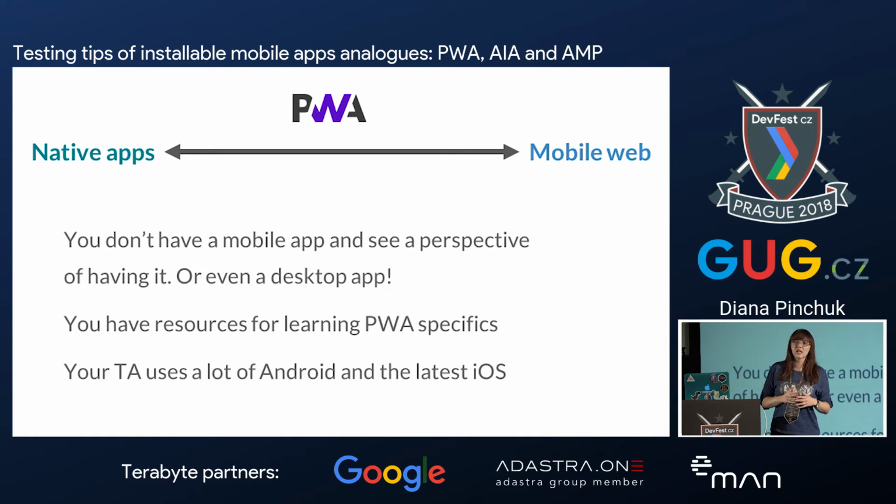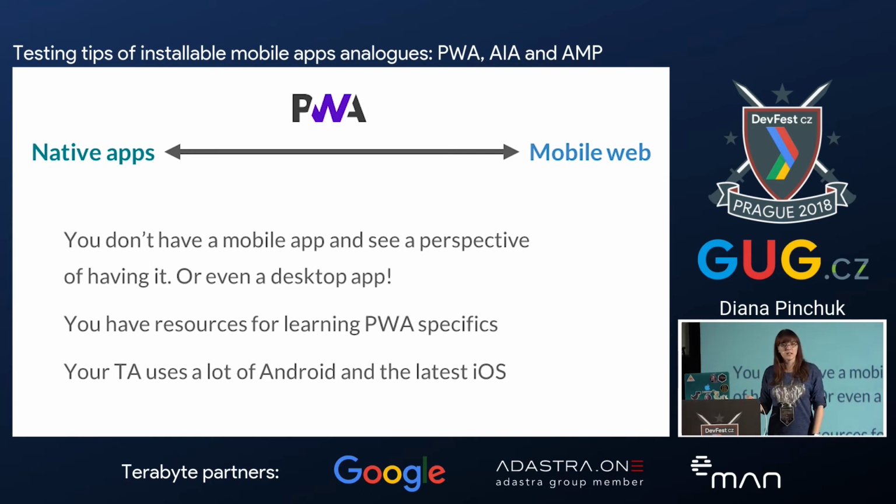A progressive web app is very good to have if you don't have any mobile application yet, but you would like to try. Developing a progressive web app will be much faster than submitting your application to the App Store and praying that it will be accepted. And maybe you would like to try creating a desktop application. Very nice examples of this are Spotify and Starbucks. They also partnered with Google, and they were presenting at Google I/O that they created a progressive web app with a very nice user experience, and it helped a lot, again, to increase revenue and bring value to users.